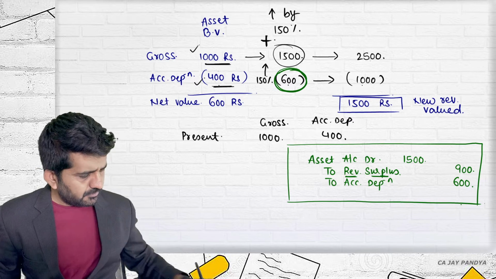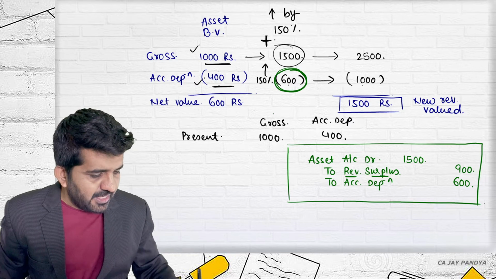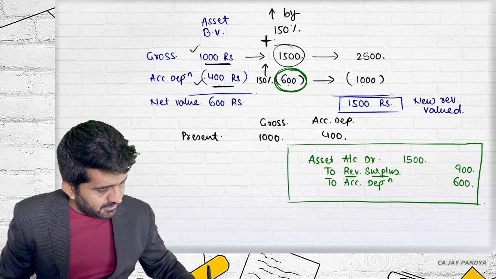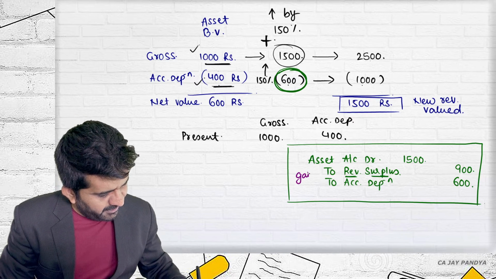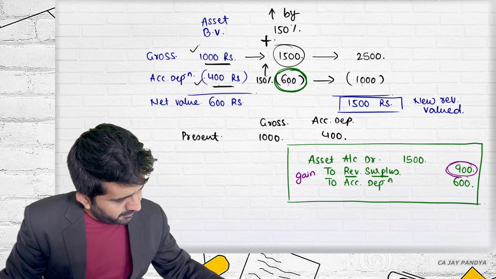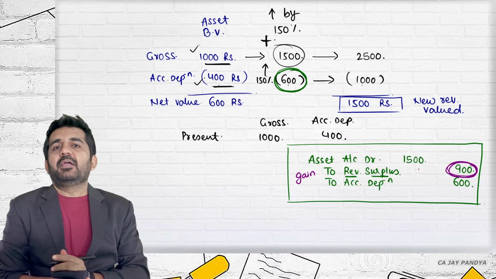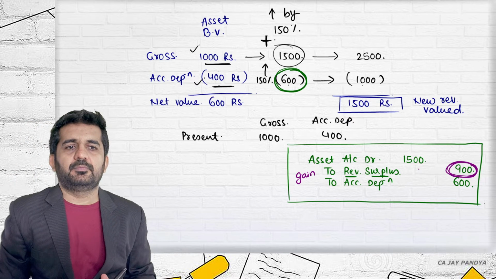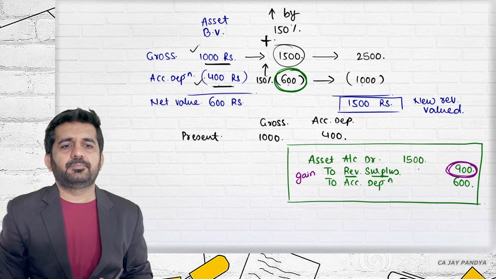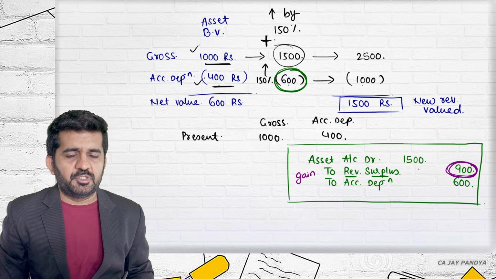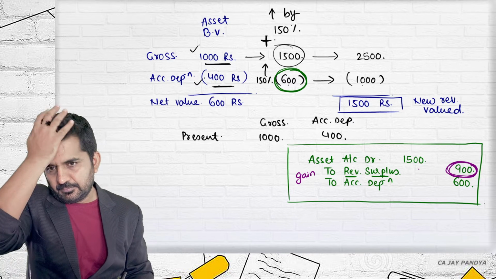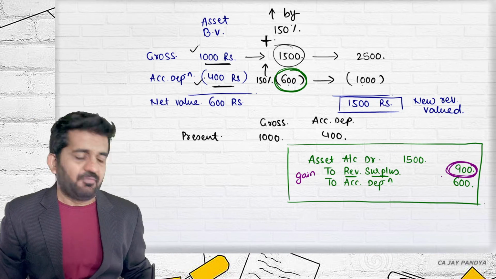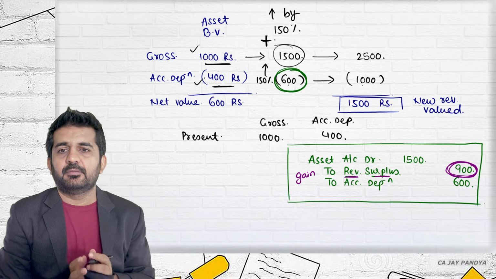Is it all right? And this is the journal entry which should be passed as far as the scenario is concerned. Now, the question arises, sir, why is there a gain of only 900 rupees? Can anyone tell me how this 900 rupees came from this particular example? It is a difference of what? Anyone who puts in the mic first, I'll ask them. Why is there a profit of 900 by this revaluation? There is a revaluation profit of 900.